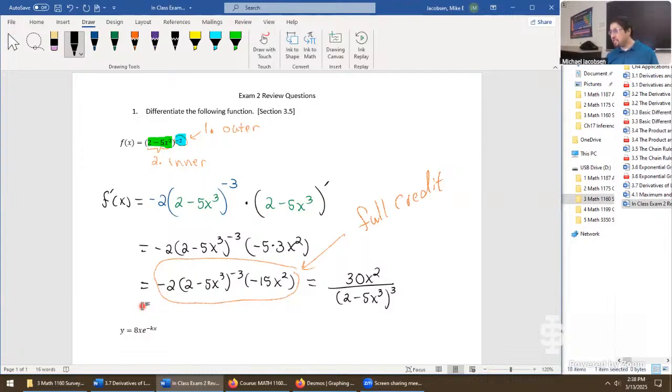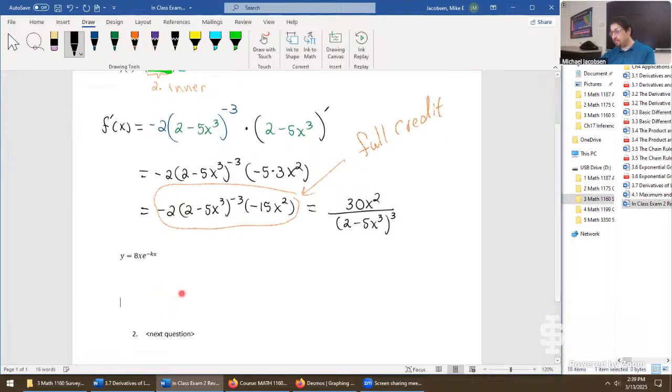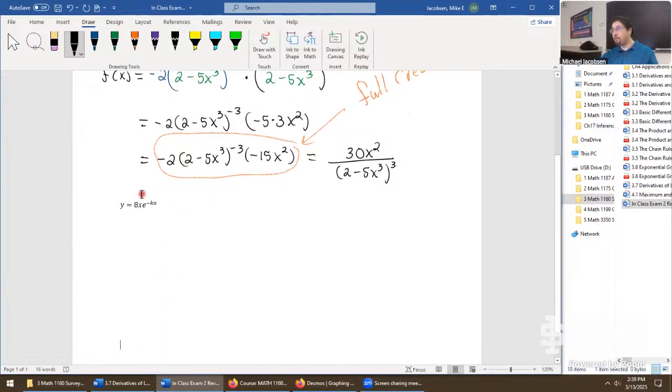Okay, now the second question down below, I think this one is a lot more challenging. It's a chain rule, like we said, but that's not the first rule you would use on this one. The major thing that we have to look into right away is it's a product rule problem to start. So let's rewrite it as y equals 8x times e power